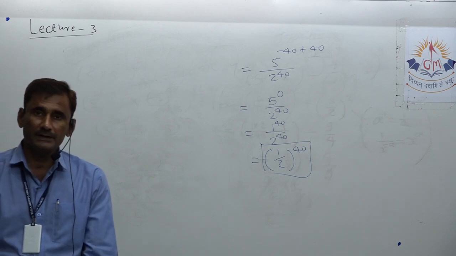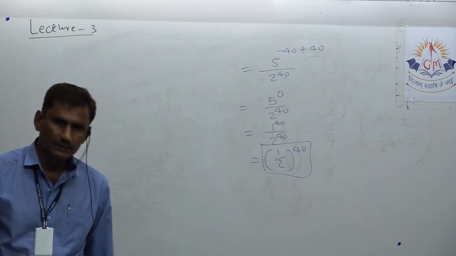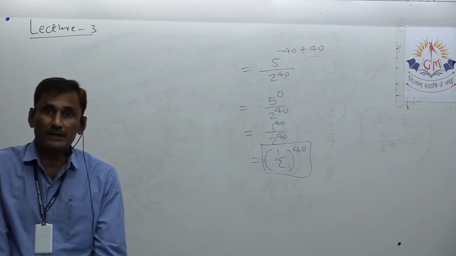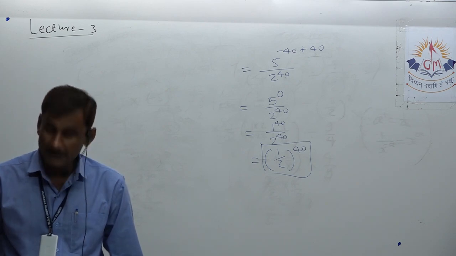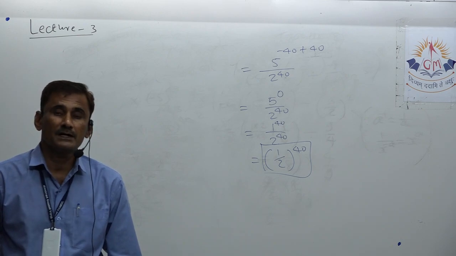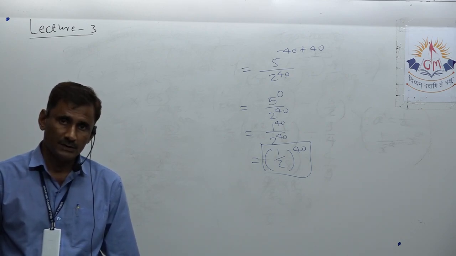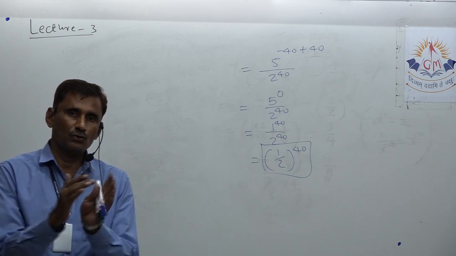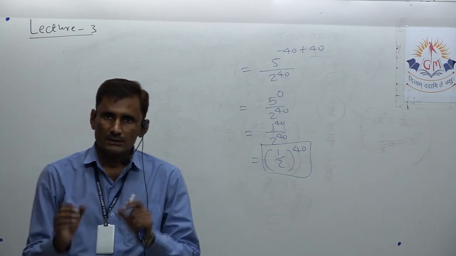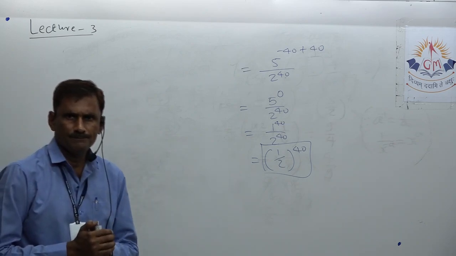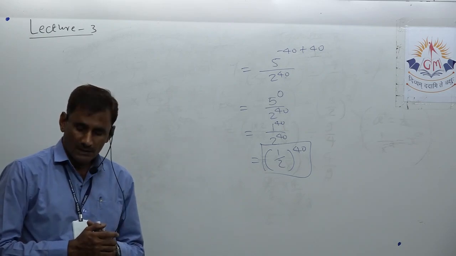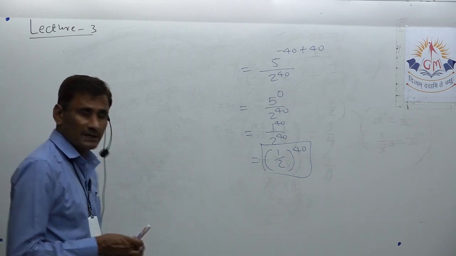Okay, example number 9, there is a long statement, I am not writing it here, just reading it. By what number should minus 9 raised to minus 1 be multiplied so that the product may be equal to minus 12 raised to minus 1? So one number is given. By what number should it be multiplied so that we get another number? Okay. So if we suppose that number, then we can write one expression and then we can solve it. So let us suppose that number be x.